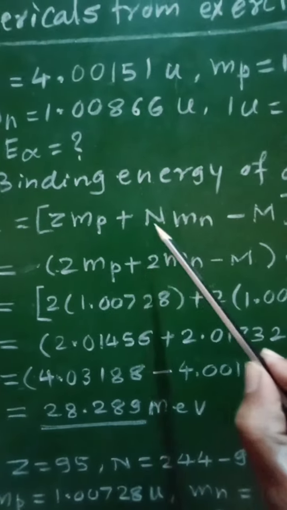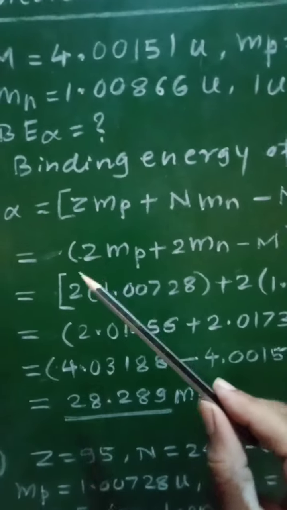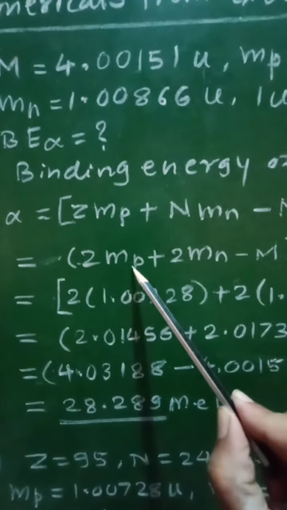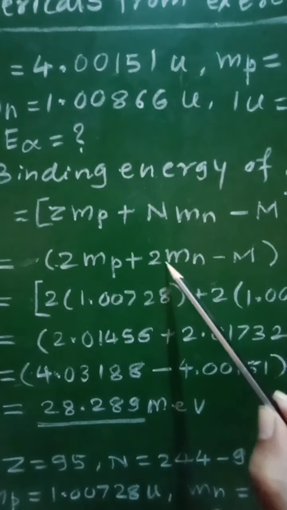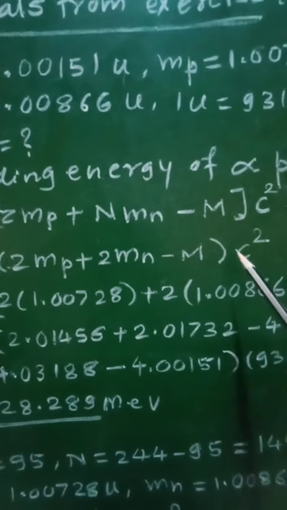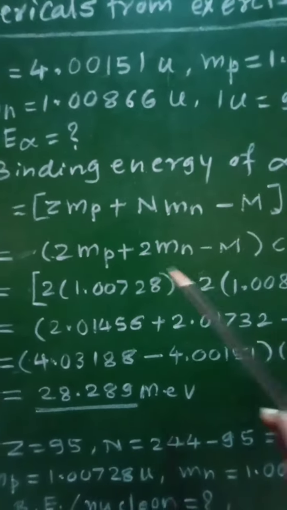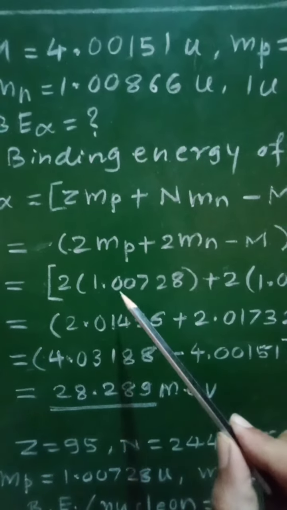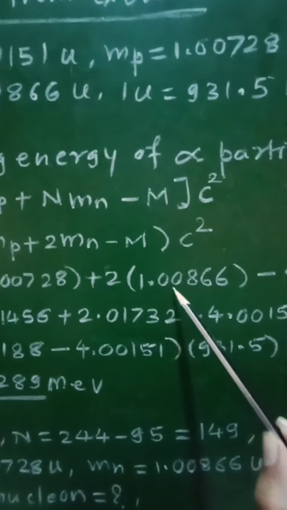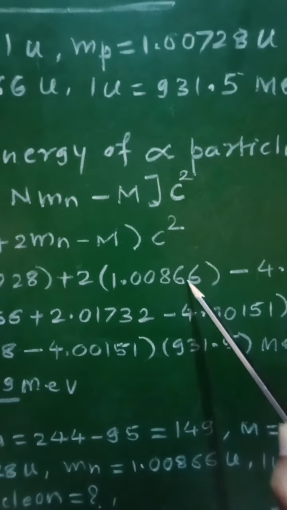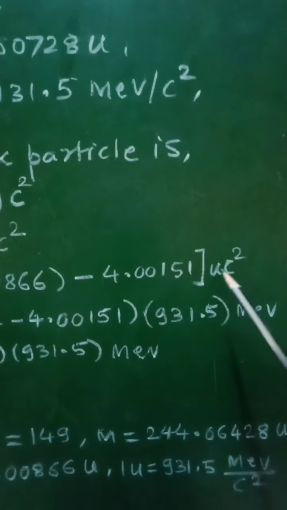So (Zmp plus Nmn minus m) into c square, which will be written as 2mp, because Z will be equal to 2, plus Nmn, N equal to 2, so 2mn, minus m, into c square. Putting the values of mp, mn and m, we will get 2 into 1.00728 plus 2 into 1.00866 minus 4.00151 u c square,